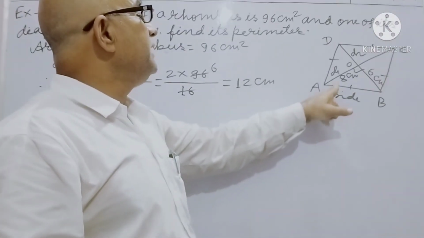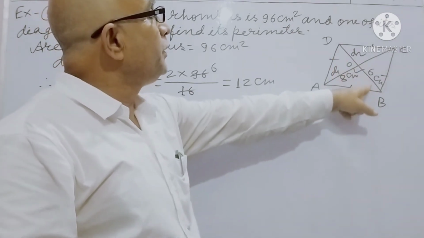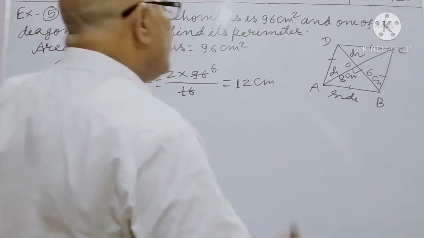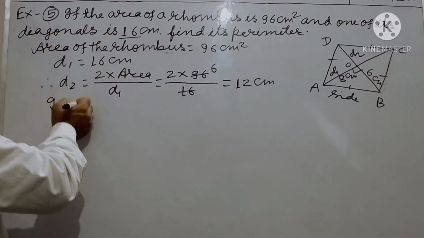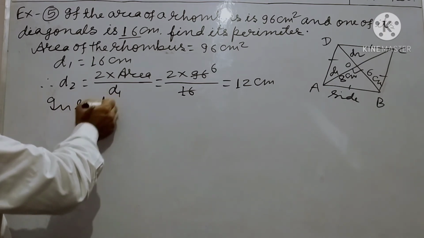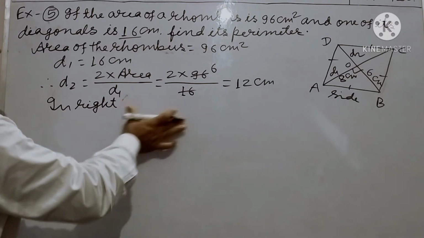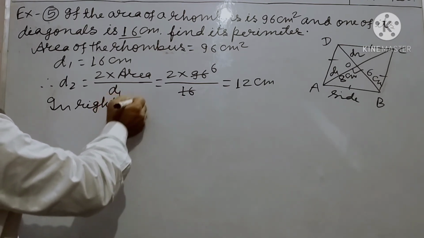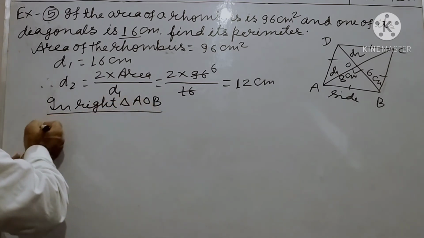Diagonals bisect each other, so OA equal to 8 cm and OB equal to 6 cm. So in right triangle AOB, by Pythagoras,